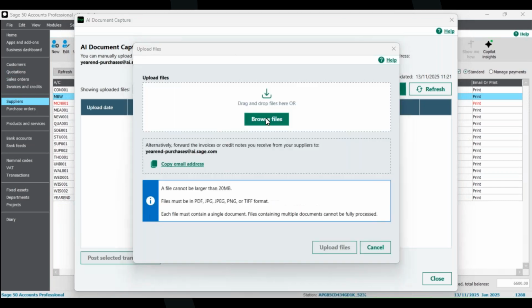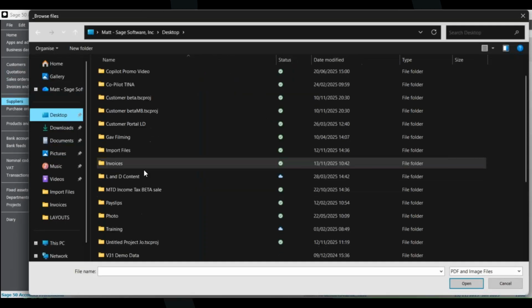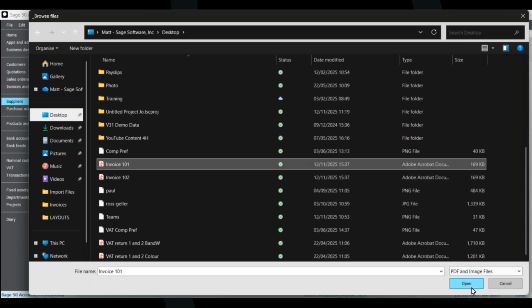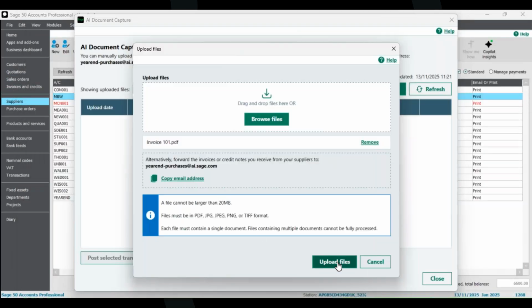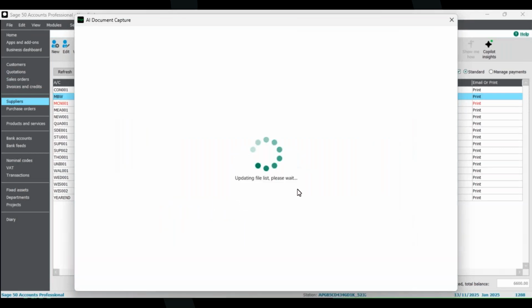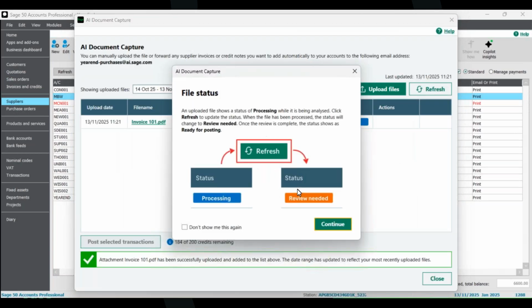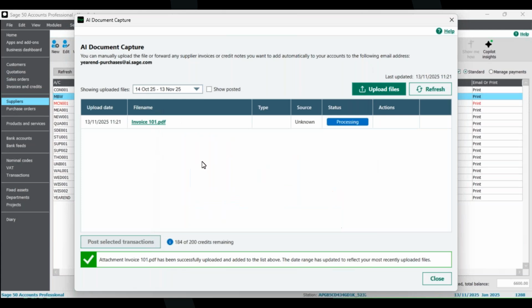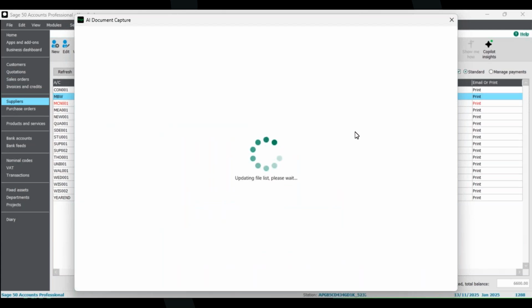So I'm going to browse to my particular invoice 101, as I've called it here, and I'm going to upload that file. Now, what the AI is going to do here, display that message again, processing, click refresh,